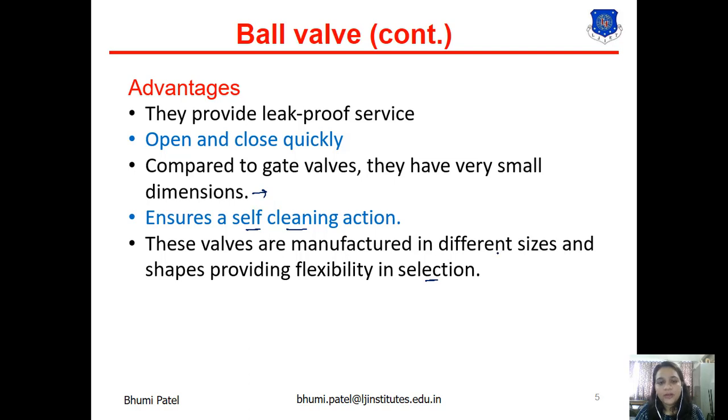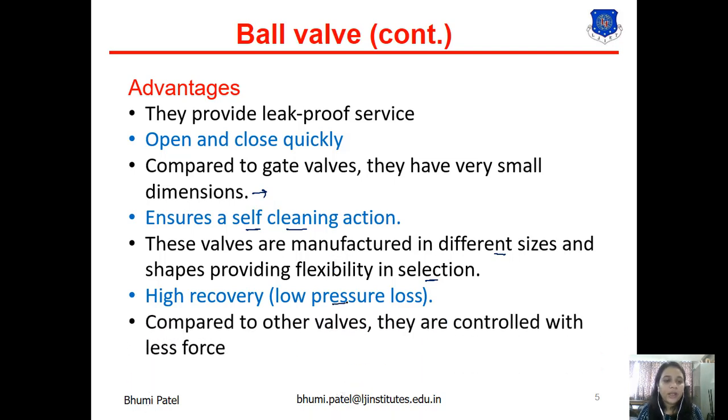Also, the pressure recovery of the ball valve is high, so pressure loss is very low, and compared to other valves, they are controlled with less force.